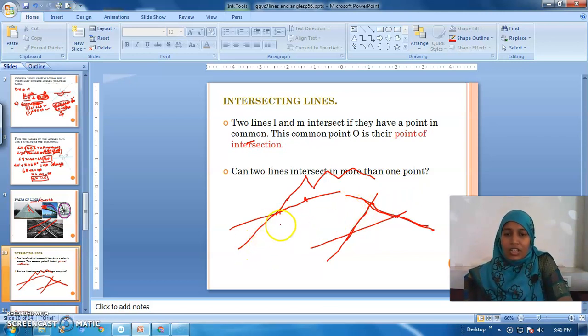Is it clear, children? Now tell me, how many lines can be drawn through 2 points? How many lines? Come on, try. Yes, only one line can pass through 2 points. How many lines can pass through 1 point? For 2 points, only one line is possible. But through 1 point, an infinite number of lines can pass. All these lines are intersecting at the common point here. So, we will have so many angles here. Is it clear, children?